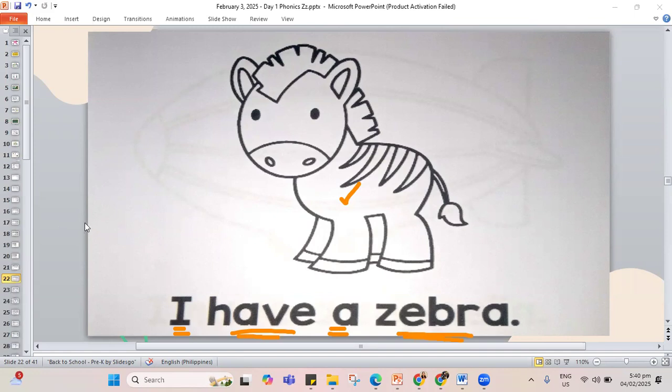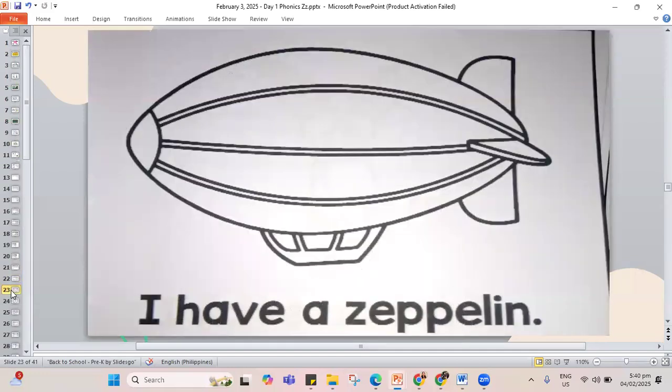I'll erase this one and I'll move on to the next page. Let's read it twice and we have our Zeppelin. I have a Zeppelin. Let's go back. I have a Zeppelin. This is our Zeppelin. What about for another one? I'm not going to color anymore, by the way. I want you to do your work on your own. I am confident that you can answer it by yourself, Riego.